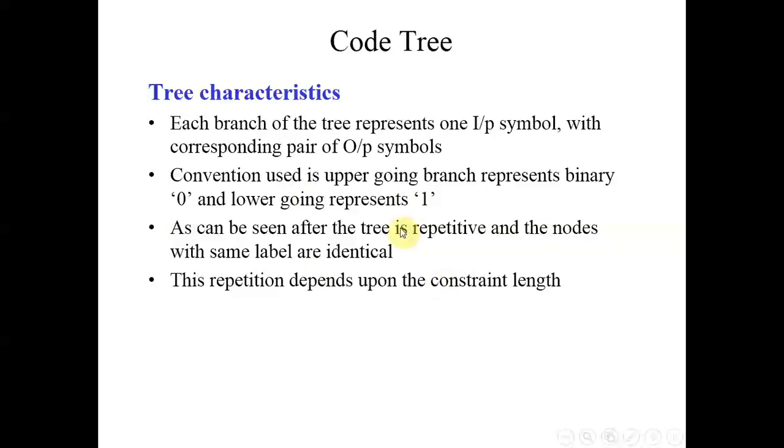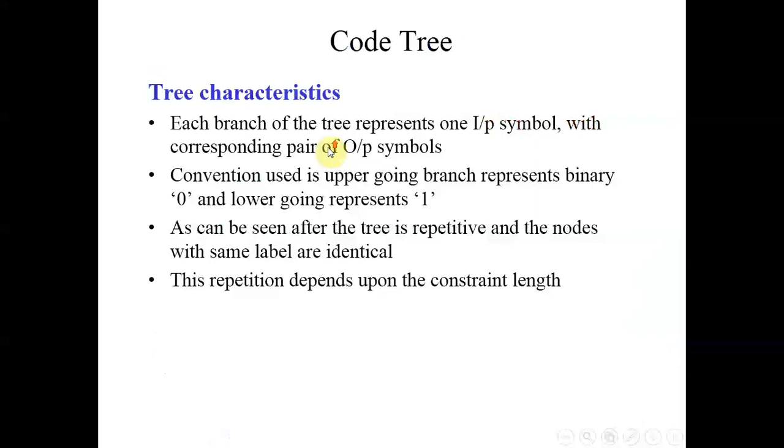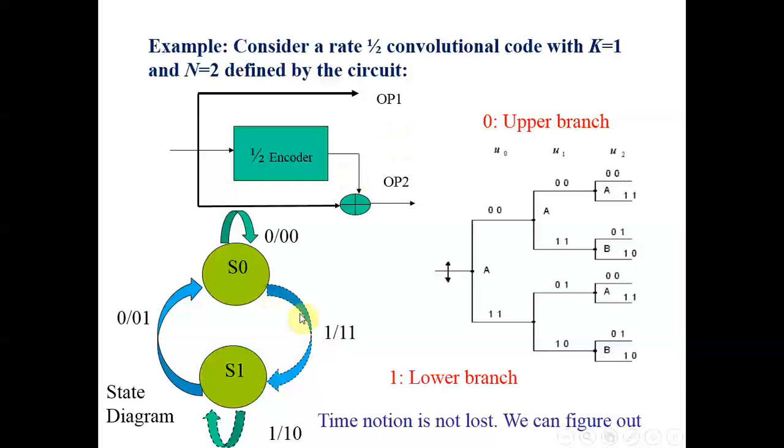We'll just see what I am saying with the help of an example. So again, come back to this particular encoder. It is a very typical encoder. We have discussed this earlier. So this diagram, state diagram, represents the same encoder. Now I want tree representation of this, right? So let's see the state diagram and convert it to tree, right?